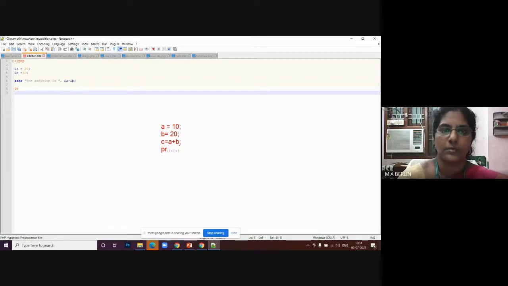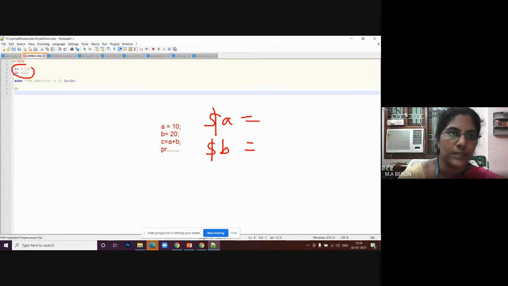Now in PHP, you have to give this not simply as A but $A, and $B equal to. Here it is given: $A equal to 20 and $B equal to 30. All the variables must be preceded with the dollar symbol.